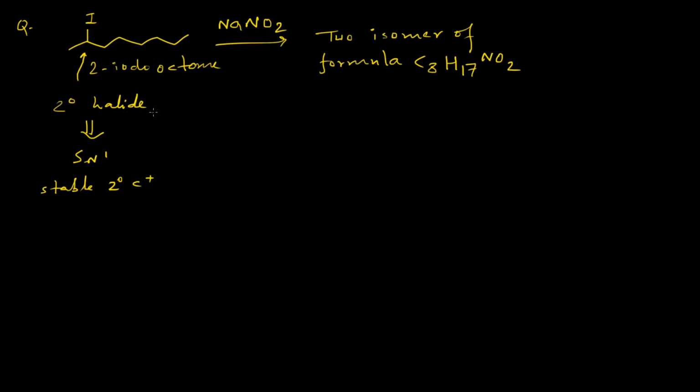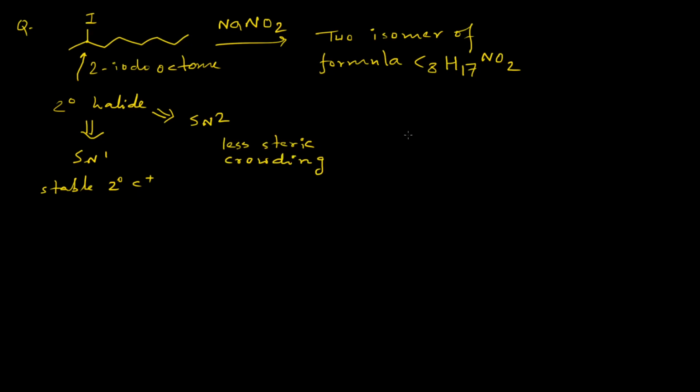and also they can go through the SN2 pathway since this halogen-bearing carbon atom is not very highly crowded in terms of steric crowding, and that's why nucleophiles can attack this carbon center and displace this iodine. So SN2 is also feasible for secondary halides. So these are the considerations for the substrate molecule.